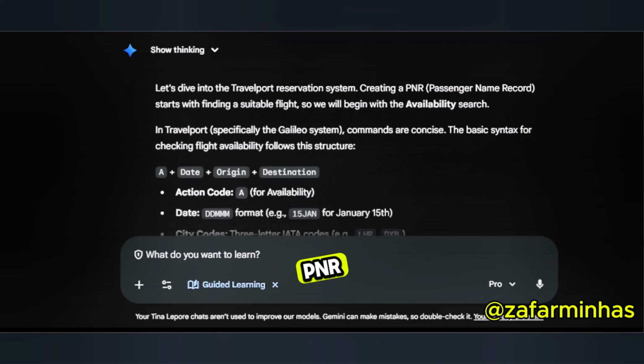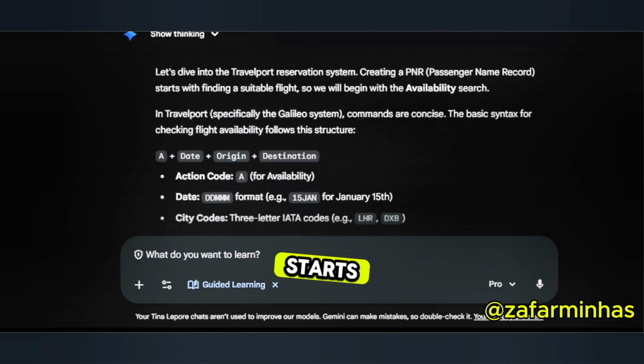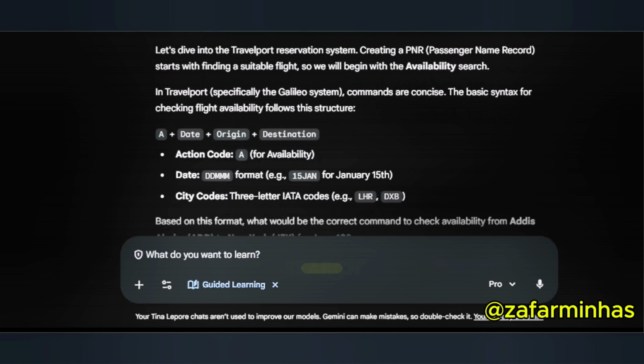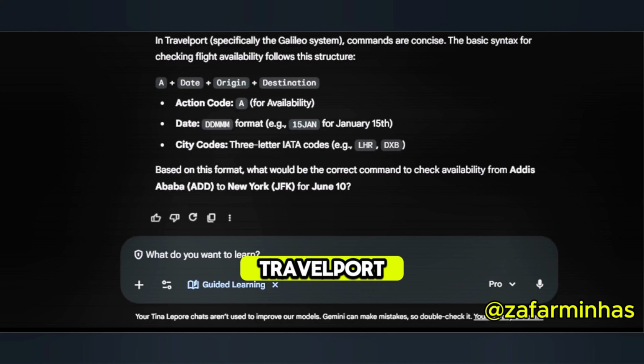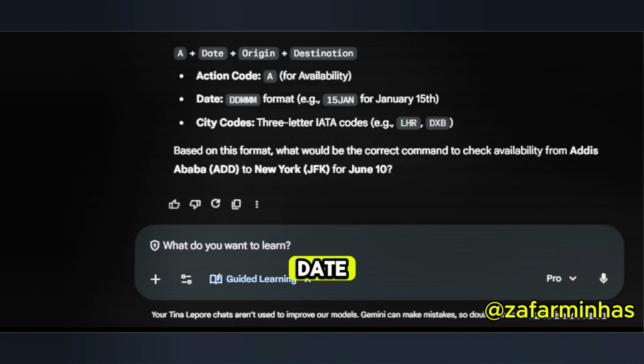Creating a PNR, passenger name record, starts with finding a suitable flight, so we will begin with the availability search. In Travelport, specifically the Galileo system, commands are concise. The basic syntax for checking flight availability follows this structure: A plus date plus origin plus destination. Based on this format, what would be the correct command to check availability from Addis Ababa, ADD, to New York,